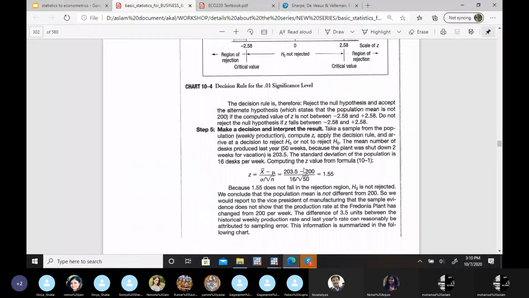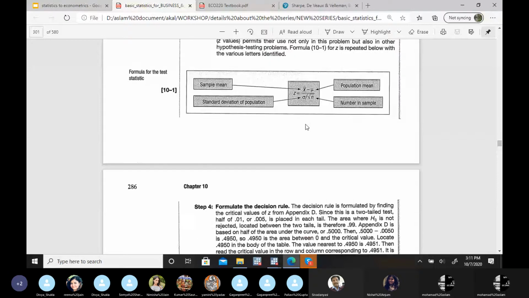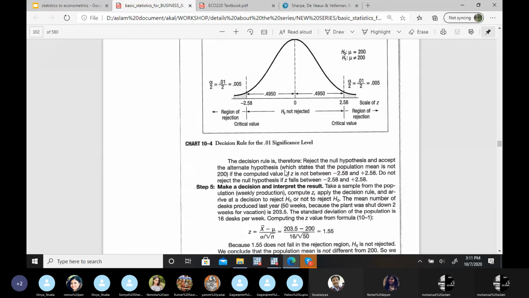Manually, this is the formula. As I explained yesterday, this formula is all about the difference between the population parameter and the sample parameter in proportion to the standard deviation of the population. If this proportion is high, it means the difference is more between the population parameter and sample parameter. So we have to take those results seriously, and we have to reject the null hypothesis. And if this difference in proportion to standard deviation is low, then it might lie within the critical region boundaries, so we accept the null hypothesis. So we need a Z statistic.